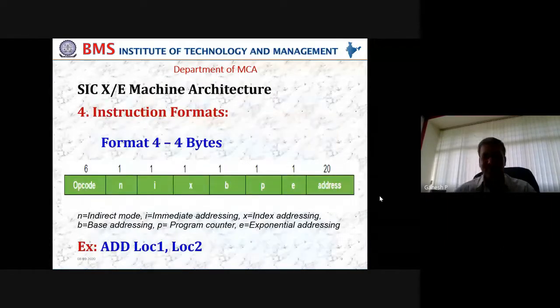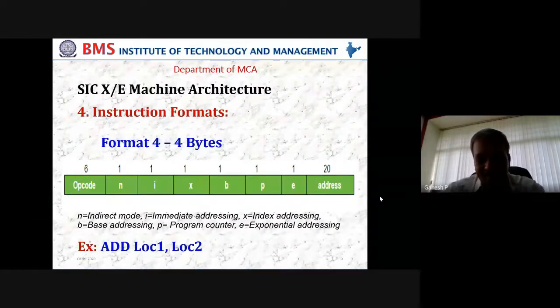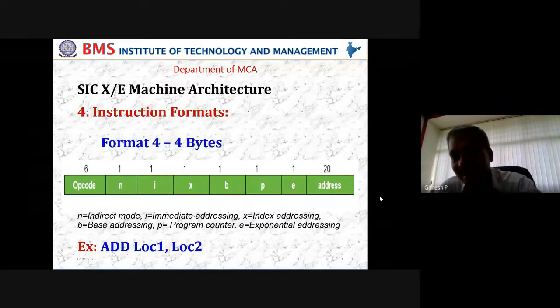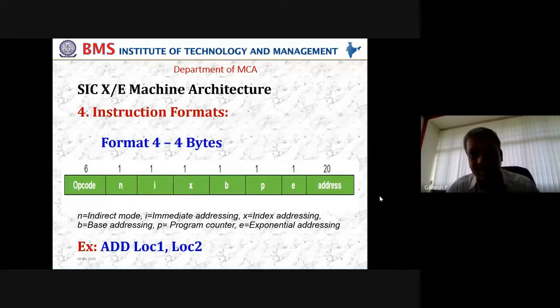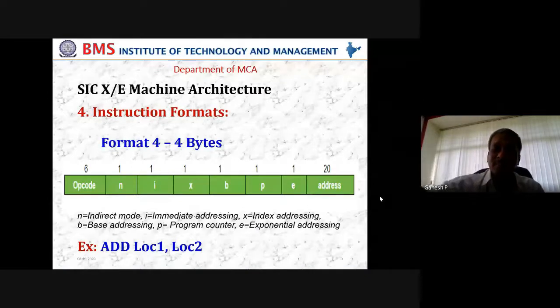So format 4, as the name says, is not a simple type of addressing. It is a bit complicated version. We call it an extended version of your addressing modes, or an extended way of looking at your instruction format. Displacement means within the boundary. That means I have a PC, and I can go towards the right side of the PC, or towards the left side of the PC. But that is a displacement because some boundary is specified. Whereas with an address, I have no boundary. I can go beyond the boundary to some address. That is the reason it is called an address.